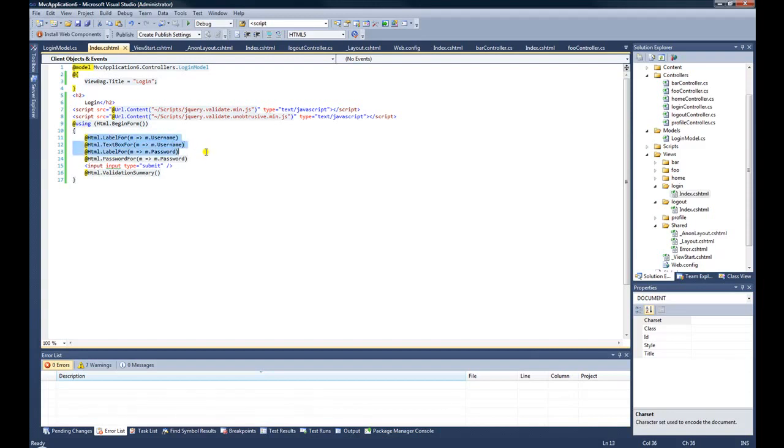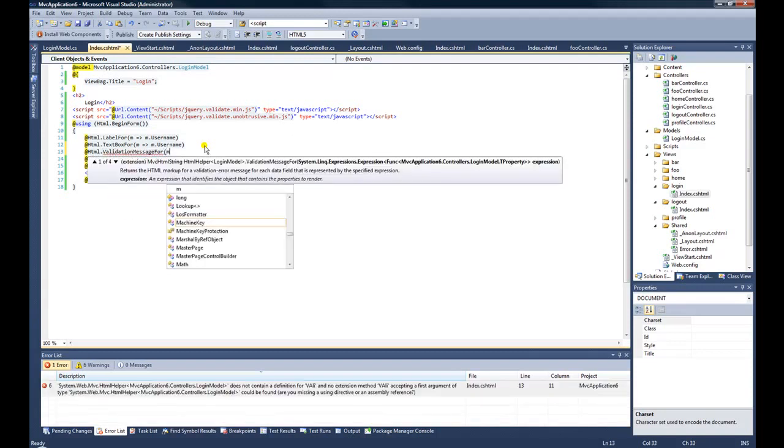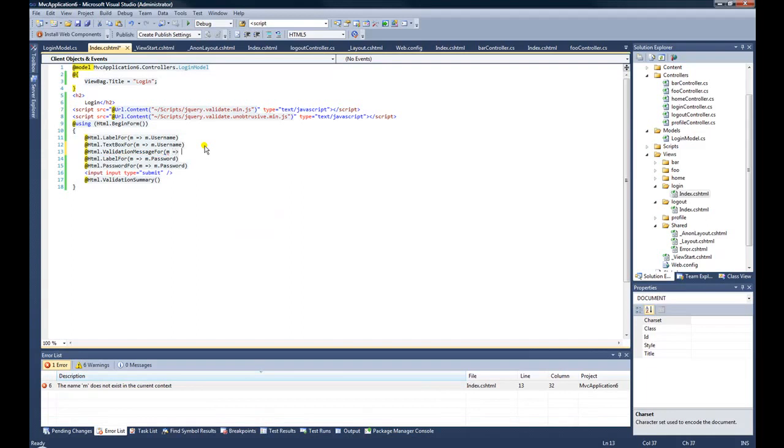And then we have these HTML helpers down here that actually build the labels and text boxes and passwords for this model, the login model. And it uses Lambda expressions as a nice, convenient, clean shortcut way. We manually entered in the HTML for the submit button, and then we place this HTML helper, ValidationSummary. We could have opted to also put down here the Html.ValidationMessageFor, let's say m.username,